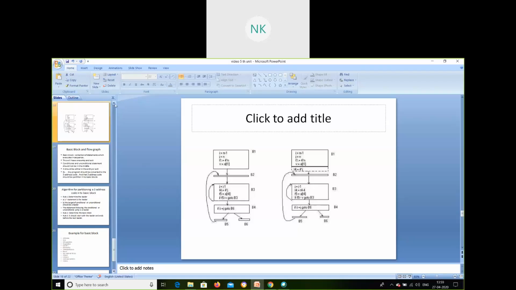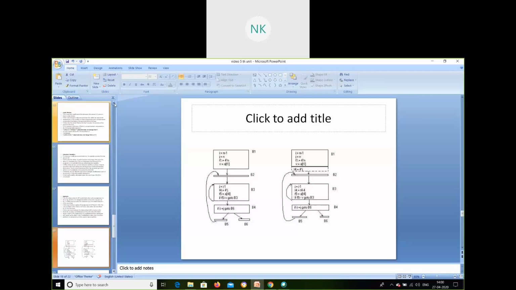I'll first tell you how we minimize the program. These things we'll discuss first, then I will tell you how we create a basic block and how the flow goes from one block to the other block. If the optimization is inside one block only, you call it local optimization. If you are optimizing across other blocks, where the content of this is being optimized here, you call it global optimization.